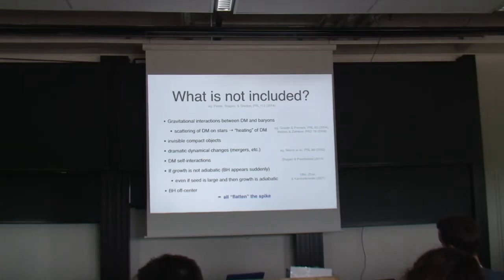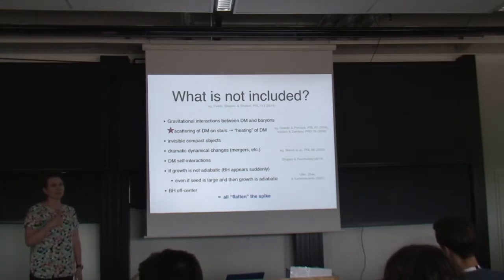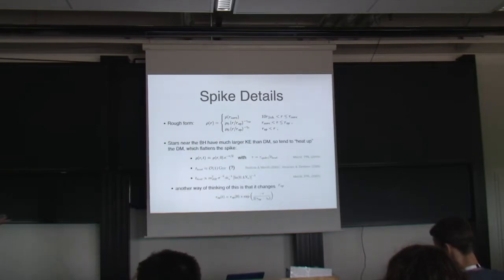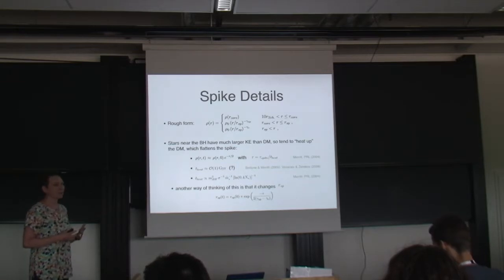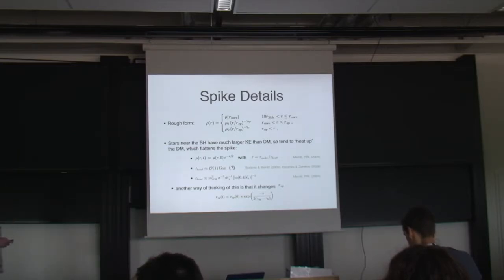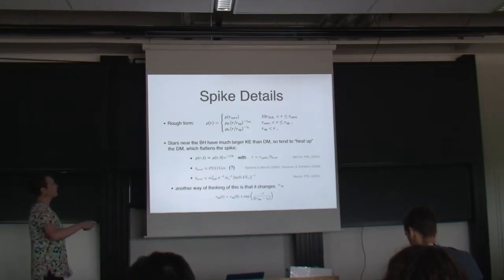So the one that I'm going to examine is the one where we have a pretty good prescription for how to work with it, and that is the scattering of dark matter on stars. So we'll go into a little bit of detail on this one. Okay, so the idea here, again, is that stars near the black hole have much larger kinetic energies than the dark matter. And so they tend to heat up the dark matter, and that goes in the direction of flattening the spike, right? So if we think about the dark matter density in the spike,